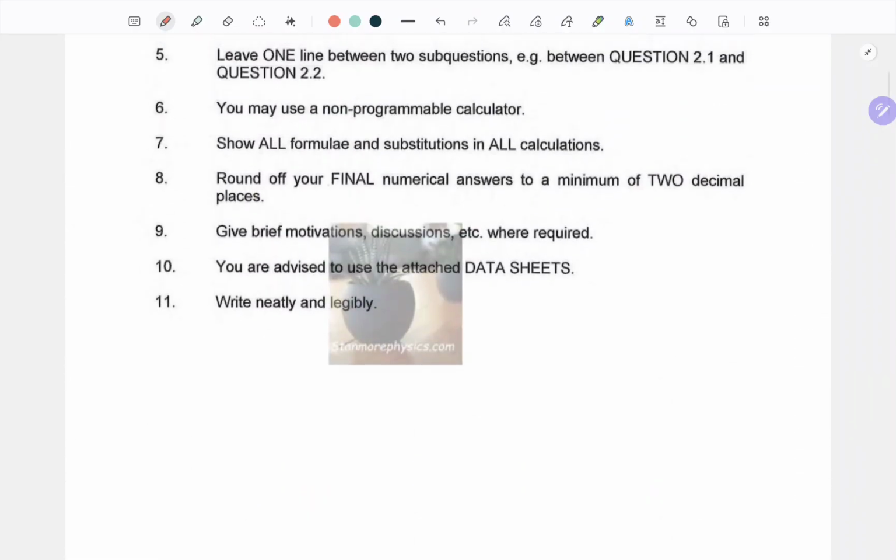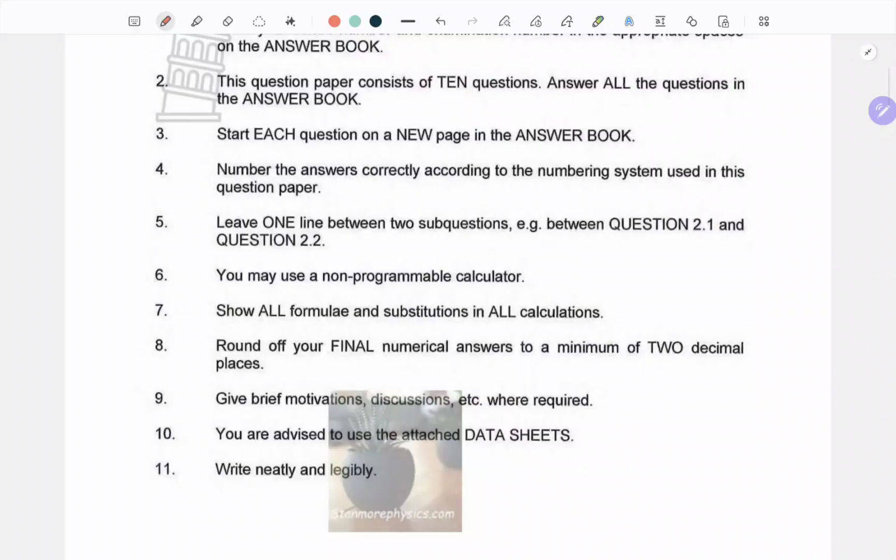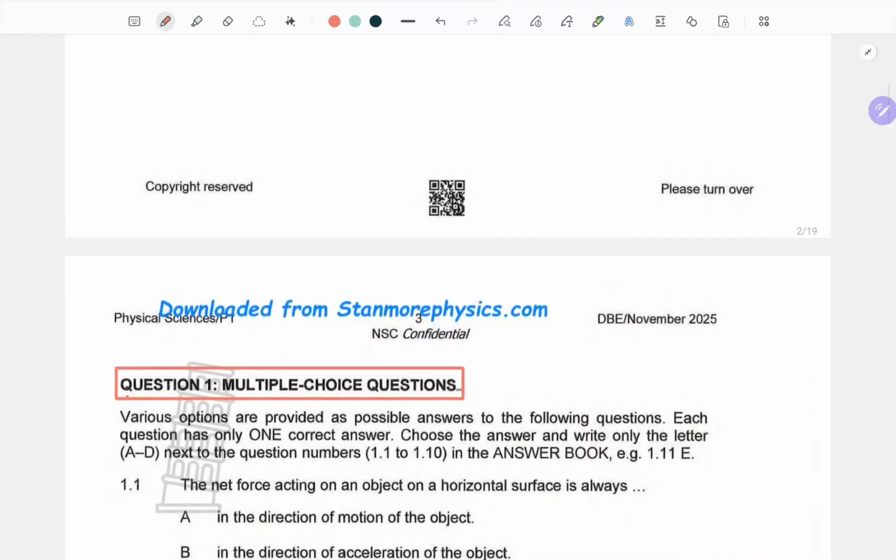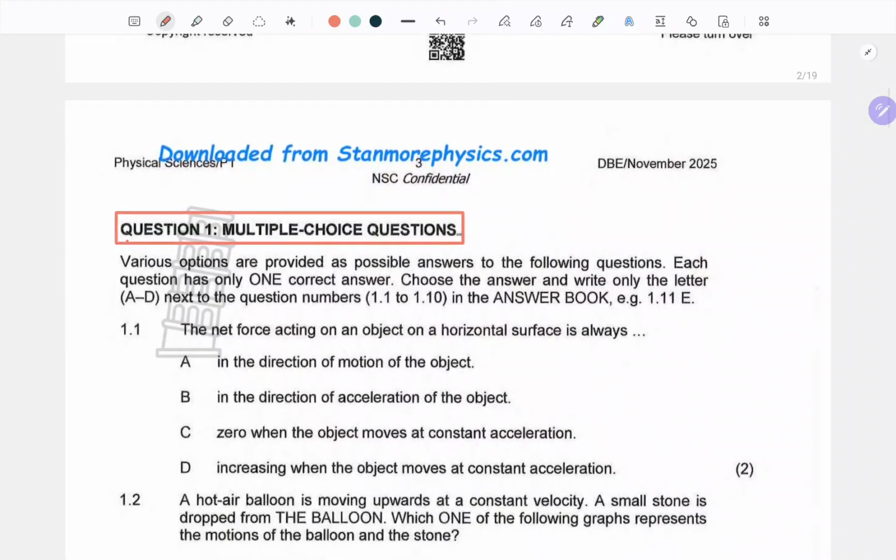Right, now let's have a look at the general instructions. Which ones tend to affect MCQs as well? It's usually the issue of rounding off, especially where we have numerical answers. Otherwise, perhaps this portion of the second instruction, that we need to answer all the questions in the MCQs. Otherwise, usually it's the local instruction that takes precedence here.